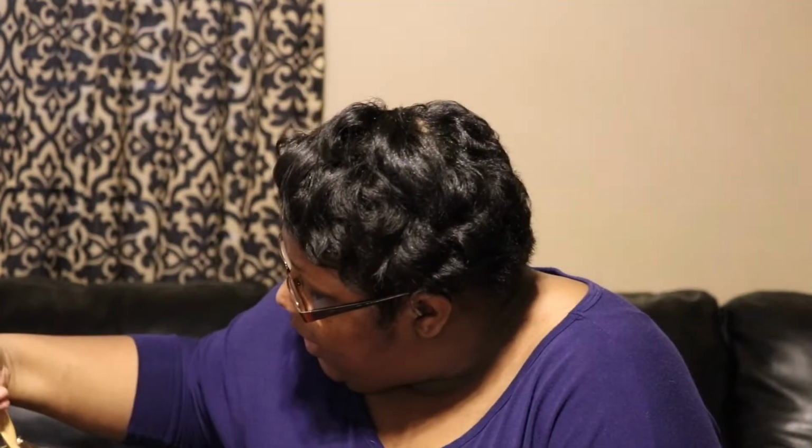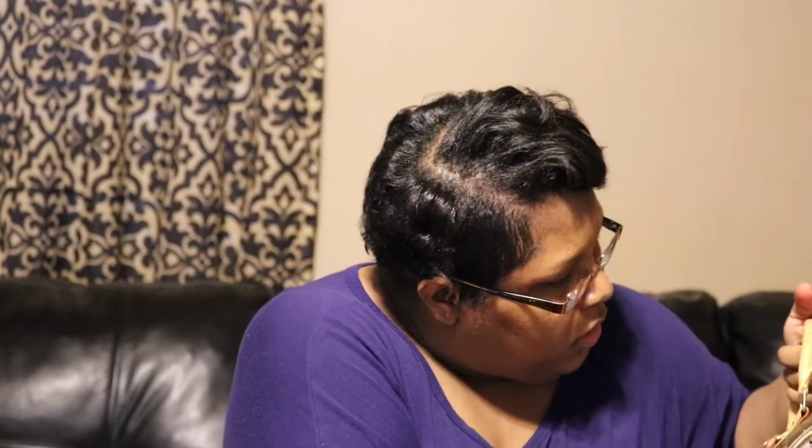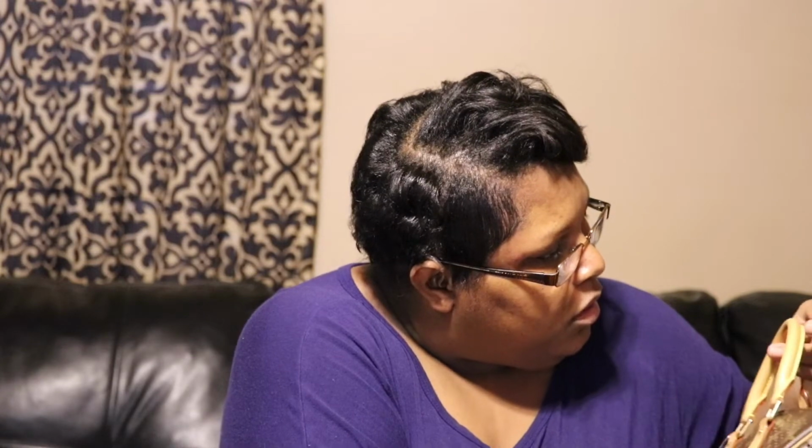Now this was listed as excellent condition, and one thing that I can say is these handles, I don't know if you guys can tell, but these handles are a lot darker than they appear on the website. They look much lighter on the website. I mean, they look like it was pretty much brand new on the website, and this is not what it looks like in person. I don't know how I feel about this. I don't know if I want to keep it or if I might just return it, because